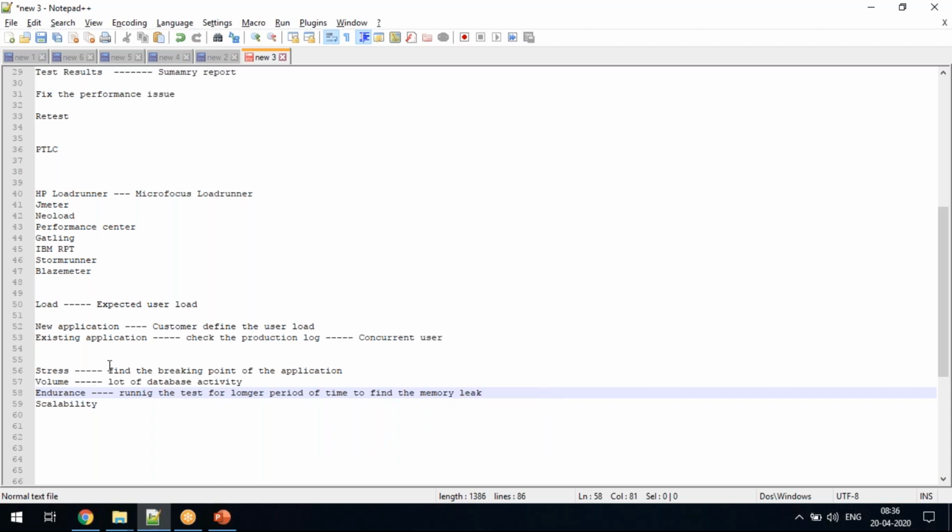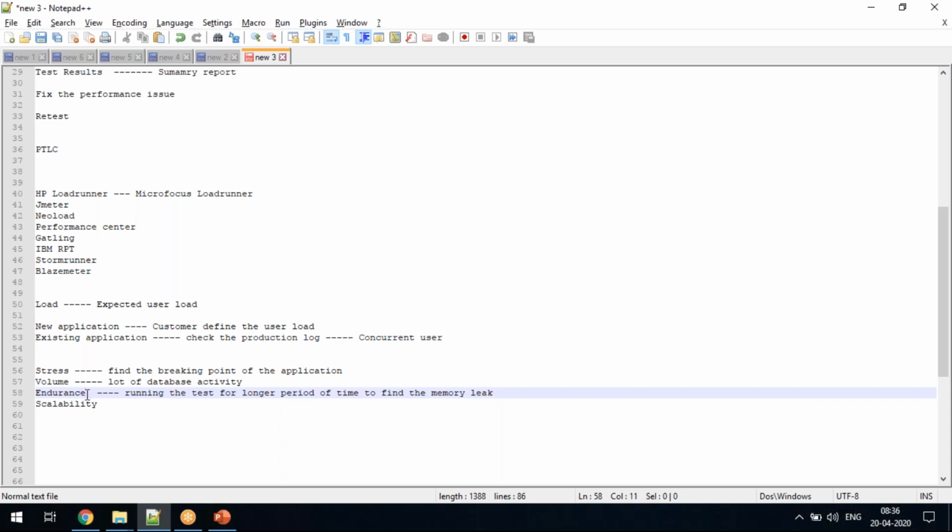What it means is you are running the test for a longer period of time, say like 4 hours, 8 hours, 12 hours, 16 hours, and checking whether there is a memory leak in your application. To check that, you are doing an endurance testing.